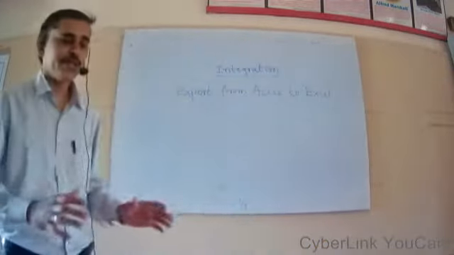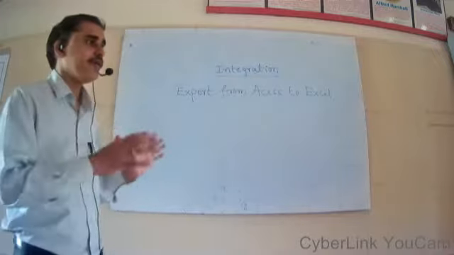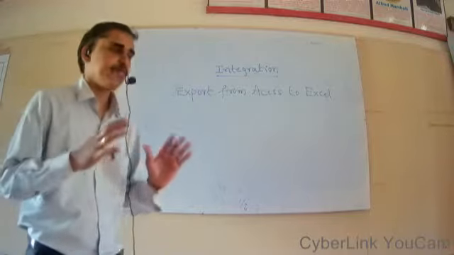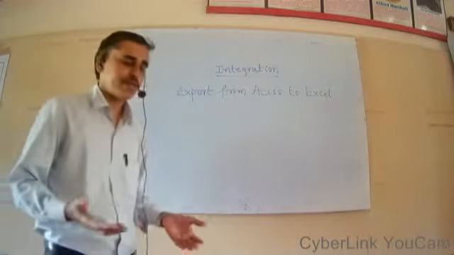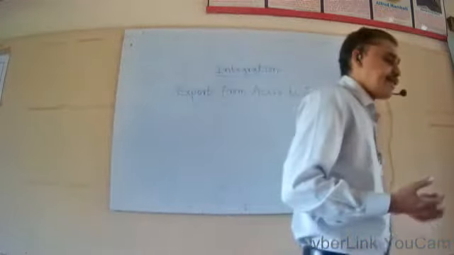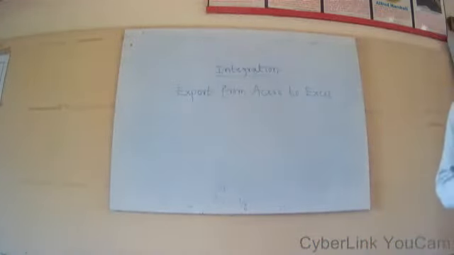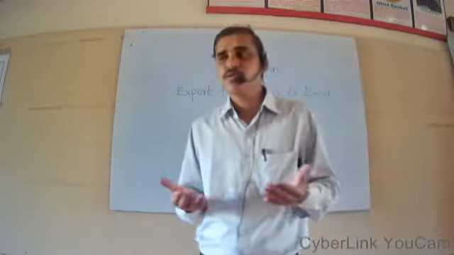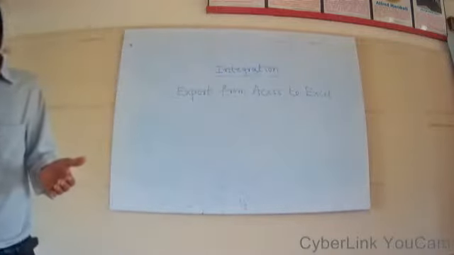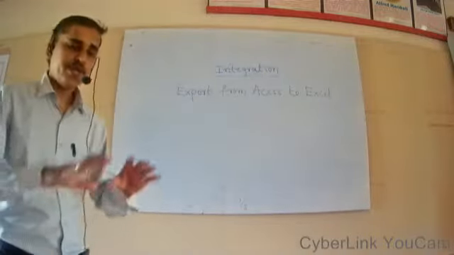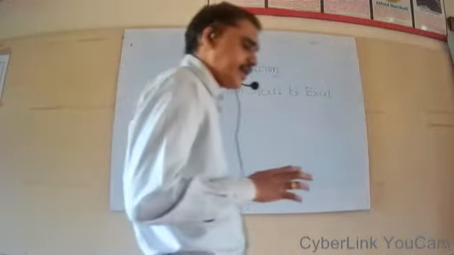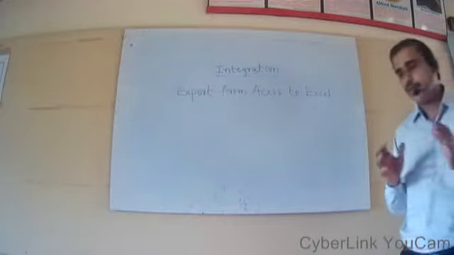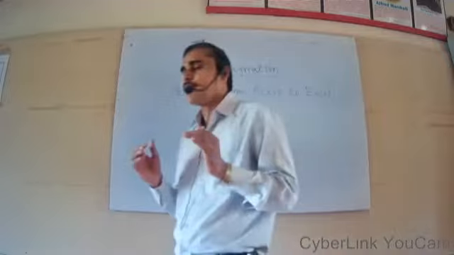Select the particular table and then click on the open button. Then automatically that particular table appears in MS Access. For example, the student table appears in MS Access now. I want to transfer that particular table's information to MS Excel. For that, from MS Access we have to go to the external data tab. You know the system of tabs, groups and commands. First you select a particular tab, in that you select the group, and in that group you select a command.